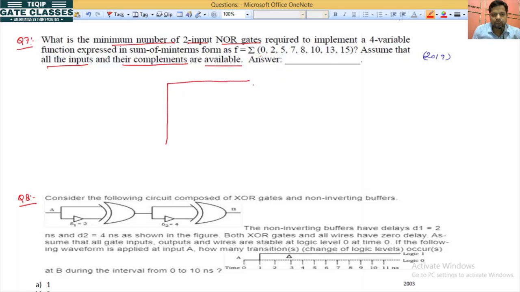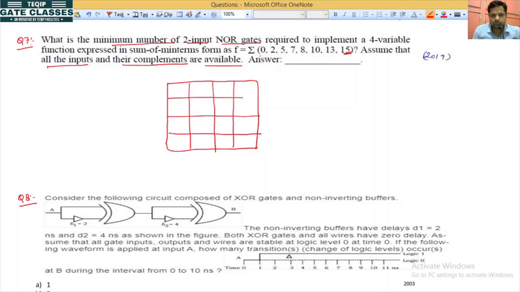So we have a 4 variable K-map, because 15 is there, the maximum value is 15, and 15 can be represented with 4 binary bits. So for 1 binary bit, 1 variable is there; for 4 binary bits, 4 variables are there. So we have to form a 4 variable K-map. So this is our 4 variable K-map. You can see.